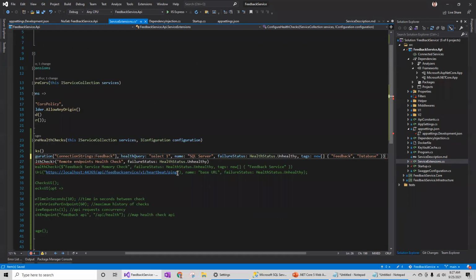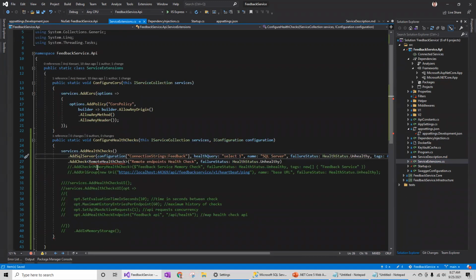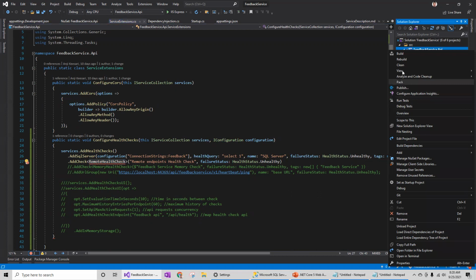So let me add a new file, and this is going to be a custom health check file. I'm going to create a separate folder.